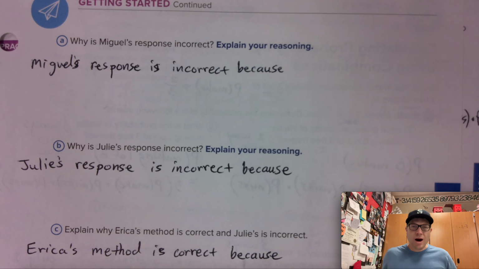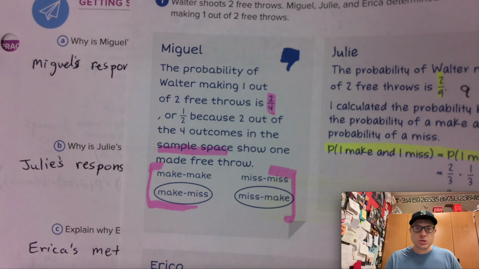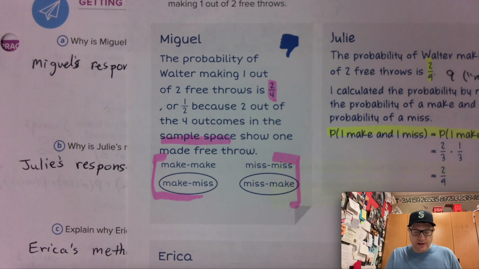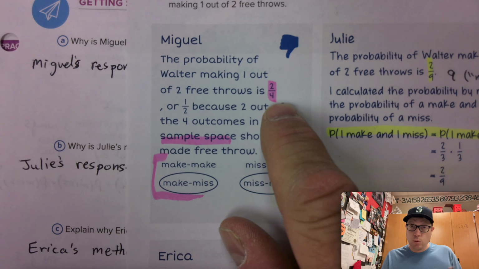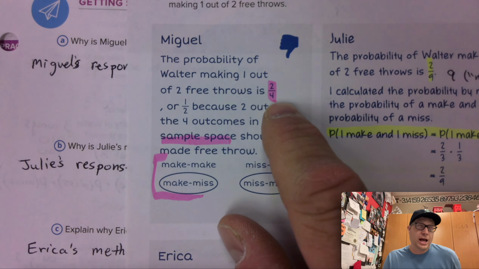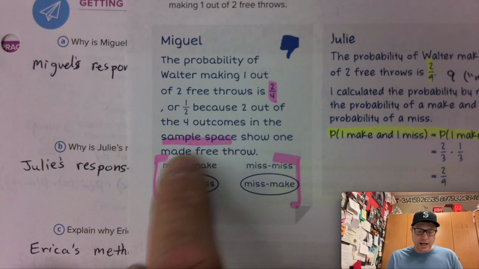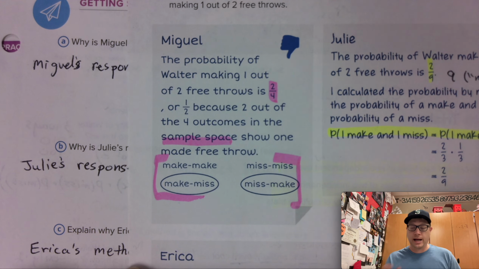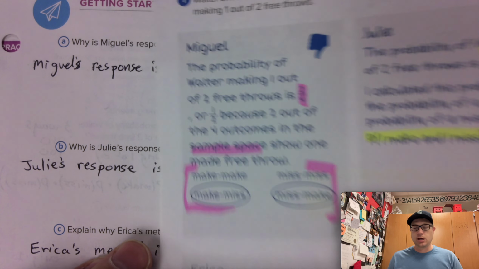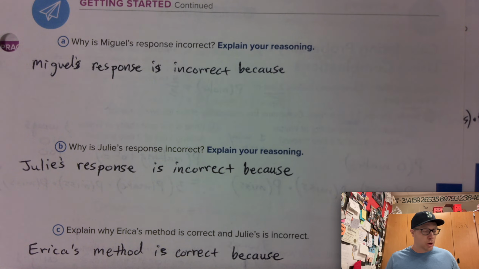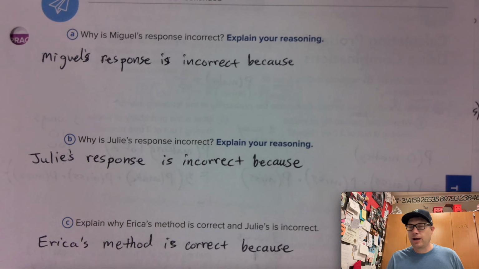Question 1, why is Miguel's response incorrect? Now, bringing back Miguel's response, I highlighted in our last video the 2/4. That was his answer for the probability of Walter to make the 2 free throws or make the 1 free throw. And he had this entire sample space drawn out. That is correct to do. You should look at every possible situation of making and missing because the scenario is Walter is making 1 out of 2. Miguel's response is incorrect though because